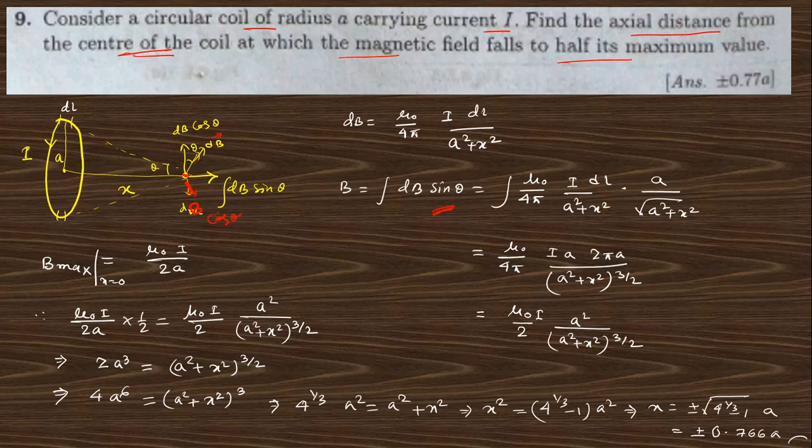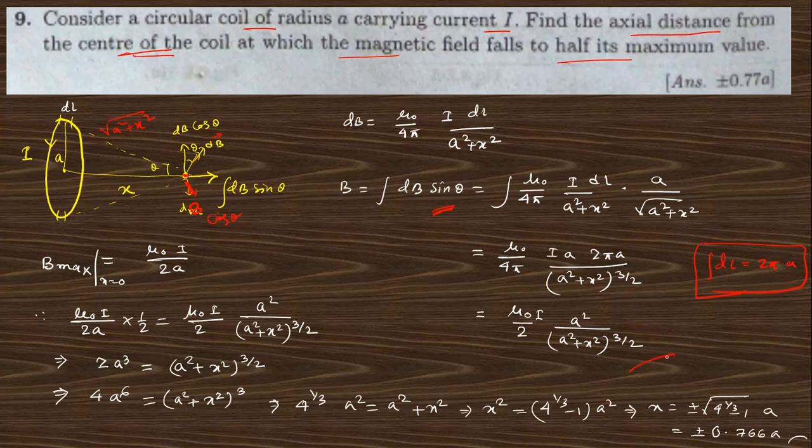So what is the value of dv? That is mu 0 I dl divided by a square plus d square whole square, equals like that. Okay, so sin theta value is nothing but perpendicular by hypotenuse. Here all is constant, only dl is variable, and the integration of dl is nothing but the periphery 2 pi a. Just putting this integration dl as 2 pi a and rearranging, you will get this expression.